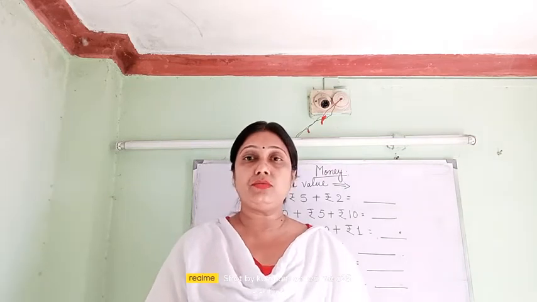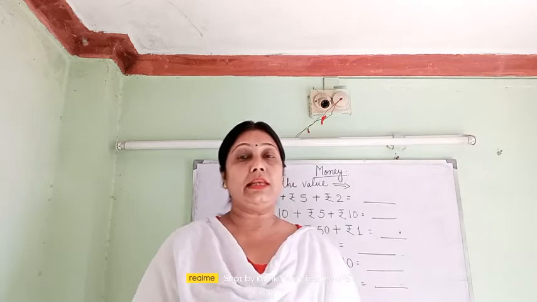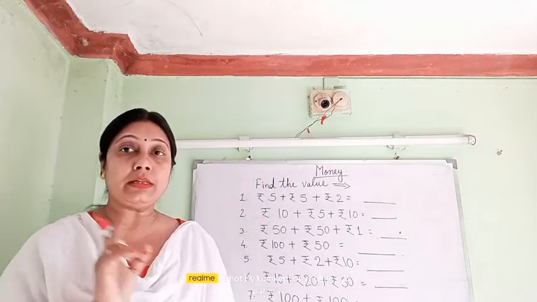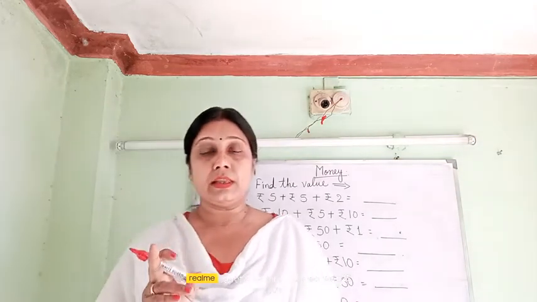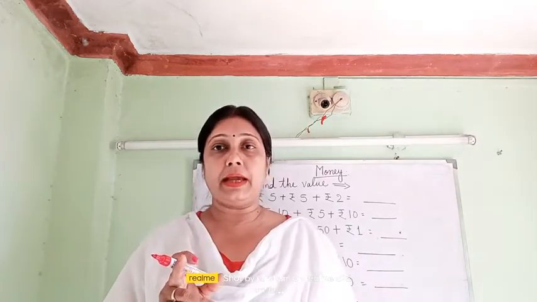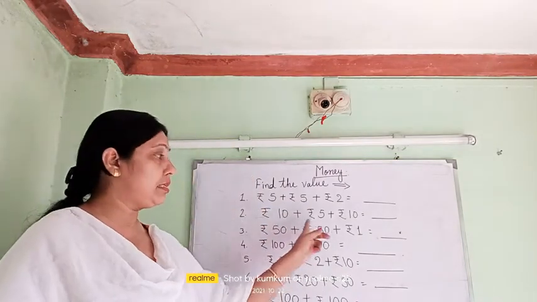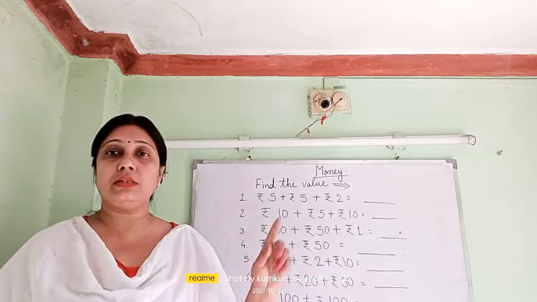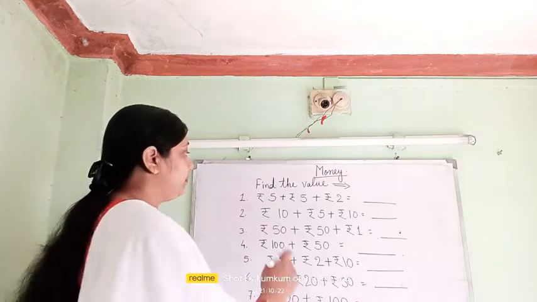If you forget to write the symbol of the rupees in front of the number and you are simply adding the numbers, then your answer is wrong. Remember this point. Please don't forget to put the rupees symbol. If you are only adding up and writing the answer, you will not get marks, because the question is given in the rupees form. So the answer should also be in the rupees form. So let us practice the first one, then you can understand.